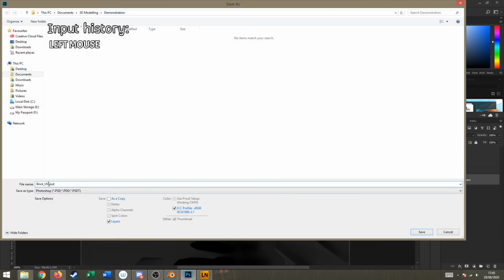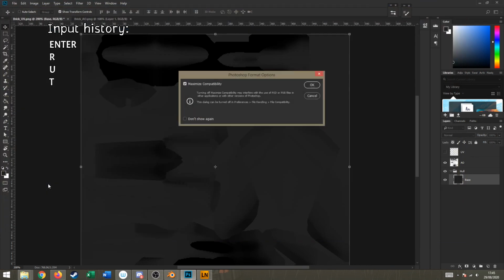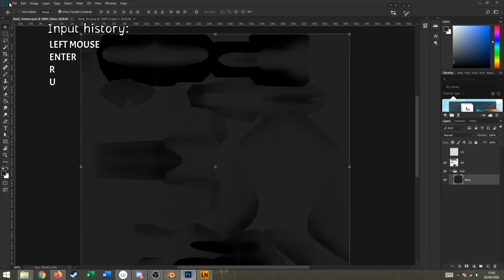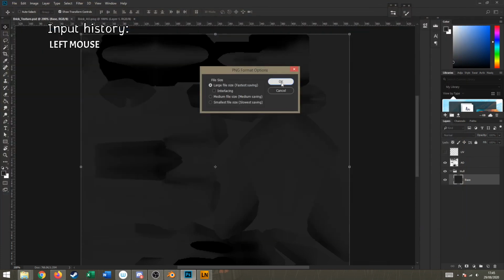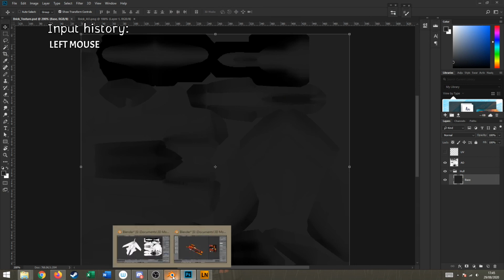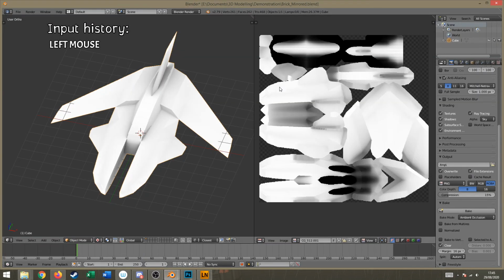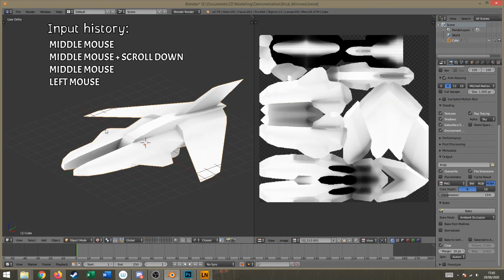First, I'll save it as a Photoshop file. So I'm going to just call this brick texture. And then I will save it as a PNG. I'm going to call this diffuse because it's going to be a diffuse texture, meaning this is just the basic sort of colors that we're going to be putting onto the ship. Cool. And if we just head back over to Blender, what we're going to do is apply